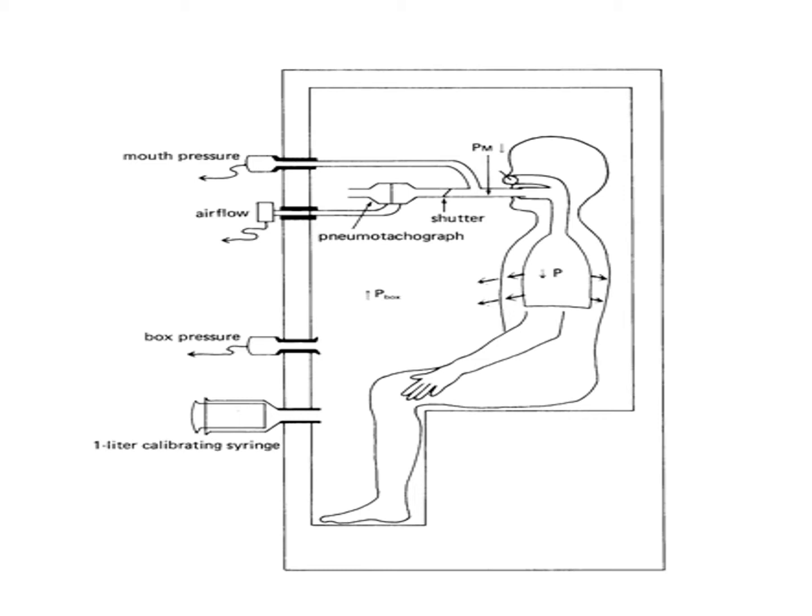Depending upon the nature of the sensor, it can be called capacitance plethysmography, mercury strain gauge plethysmography, photoelectric plethysmography, and impedance plethysmography. The principle of operation of plethysmography depends on Boyle's law, which states that at a given Kelvin temperature, the pressure of a given mass of gas is inversely proportional to its volume.